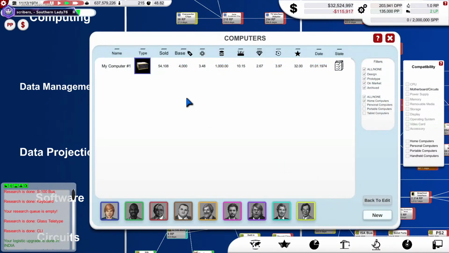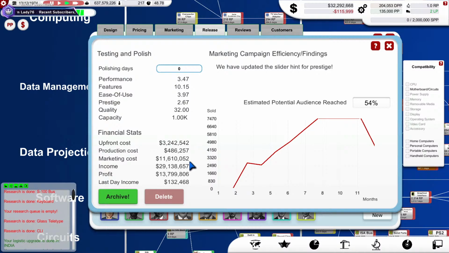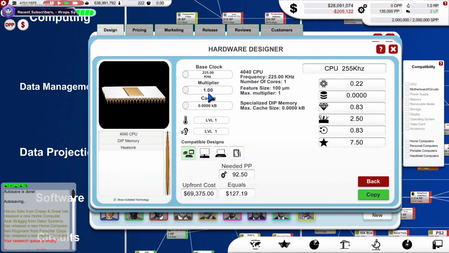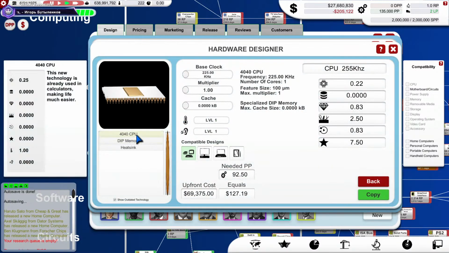So if we go down to our machine, we can archive this one. I don't think we need to archive it, do we? Oh, it doesn't matter. It's still there anyway. So all those parts are now archived. You can see sales have started to drop off on that one. But we can actually go in and start to design our next one. So we could change this CPU and change it over to...